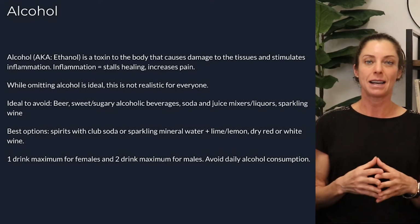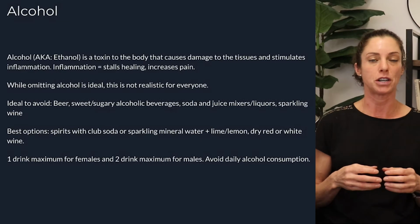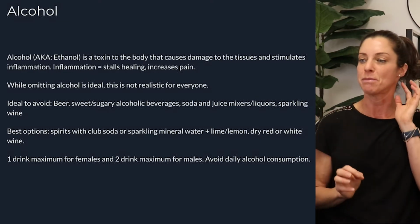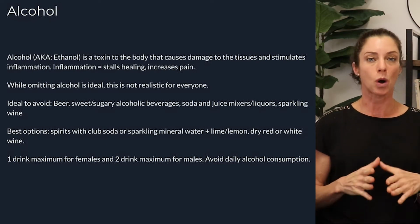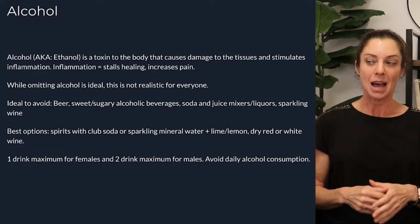So feel free to add some lime or lemon to it so you can have a little bit of flavor. If you want to throw in a couple of fresh berries in there, that would be fine. But again, we're avoiding the sweet mixers, the juices, that type of thing when we make our cocktail. If you really want to have wine, go ahead and have a dry, unsweet red or white wine. And keep in mind,